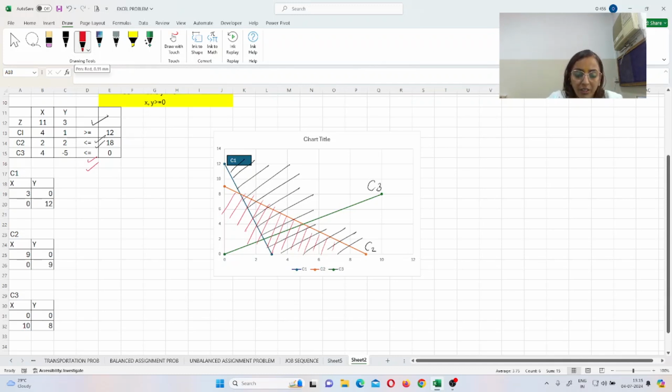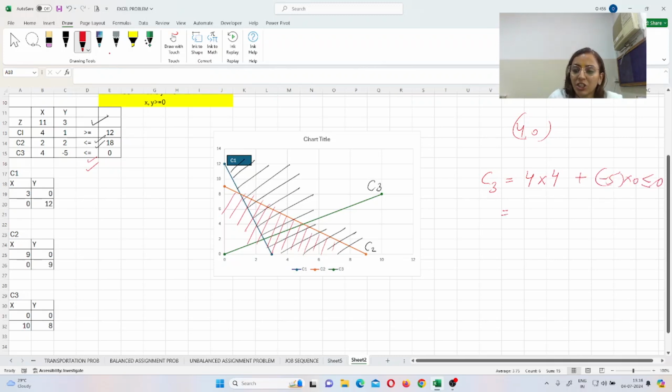Now if I'm talking again with less than, the lower area is a little confusing for C3. But for C3, if you mark where these two lines, C2 and C1, meet, that point is 4, 0. Now if I put 4, 0 in the equation of C3, will my answer satisfy it? So writing over here for C3, it is 4x minus 5y, taking the value at this point 4, 0. So x is 4, right? Plus 0, that's minus 5 into 0. It should be less than or equal to 0.